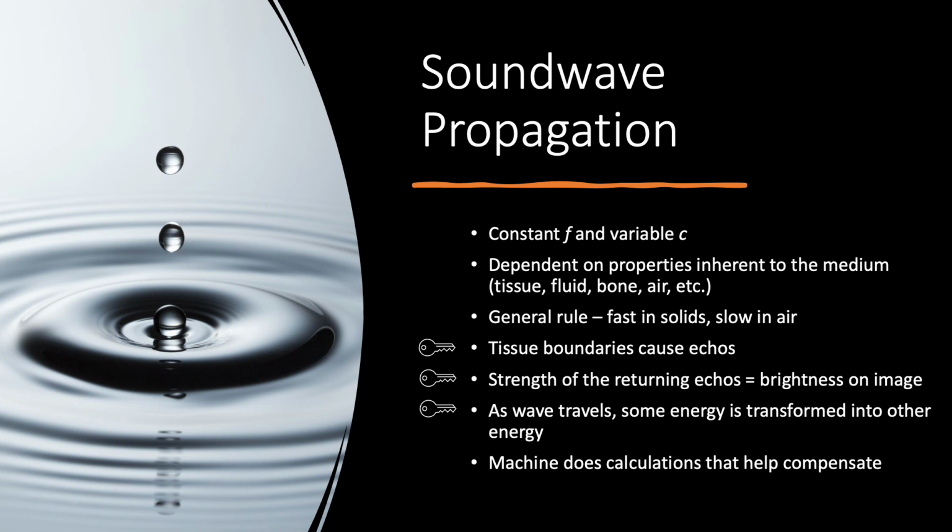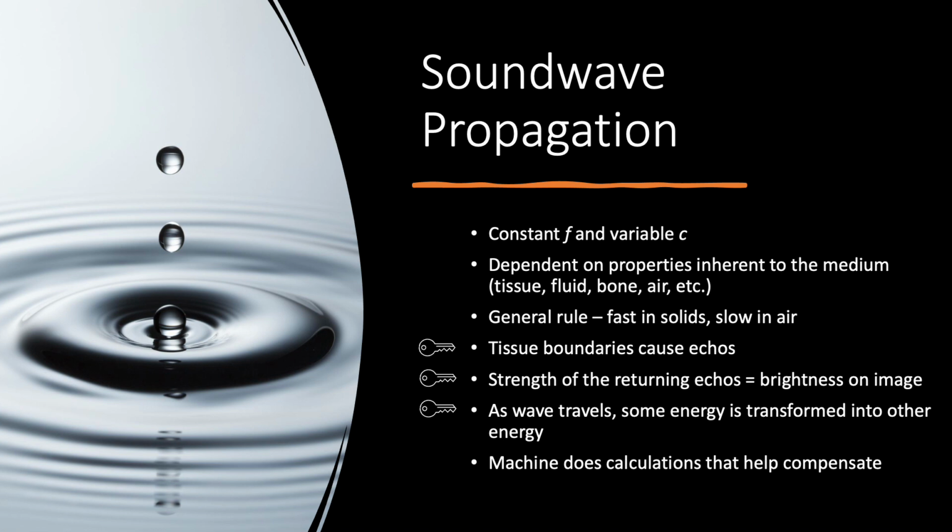But the fact is our bodies are not made of all of the same material. If it was, we'd just be piles of goo. But we have bones and we have muscles and we have fluid, we have vessels. All of these things transmit sound waves slightly differently, and that's helpful for us because at the barriers between different areas, so between a muscle and a tendon, between a nerve and a tendon, between a vessel and a bone, all of these boundaries are where echoes are generated to come back up to the machine to be detected and